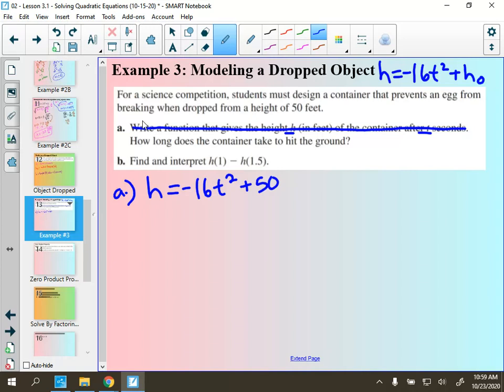So the t is the unknown. I must know the h then. All right. That's hopefully how we would interpret that. If we're solving for t, we must know the height. So when we hit the